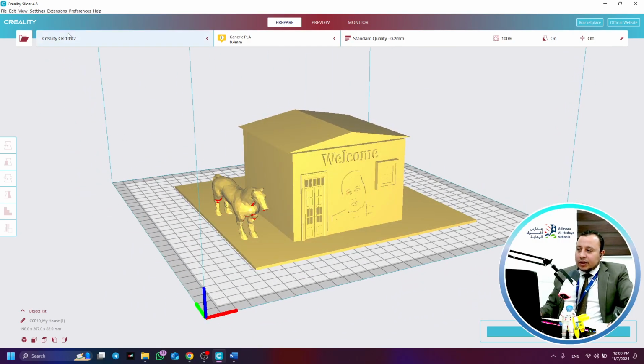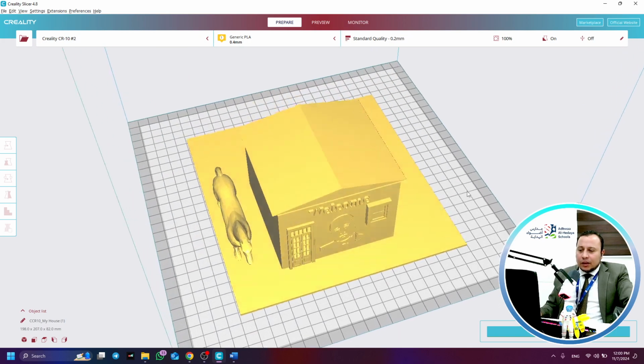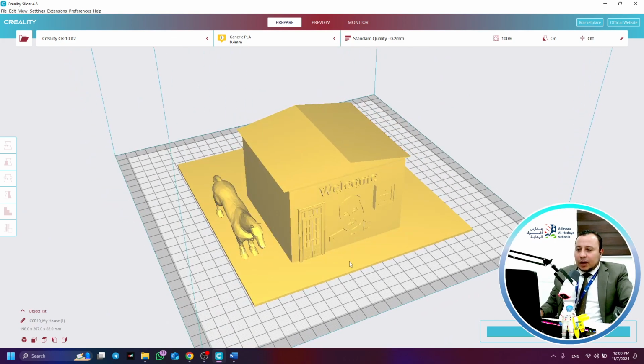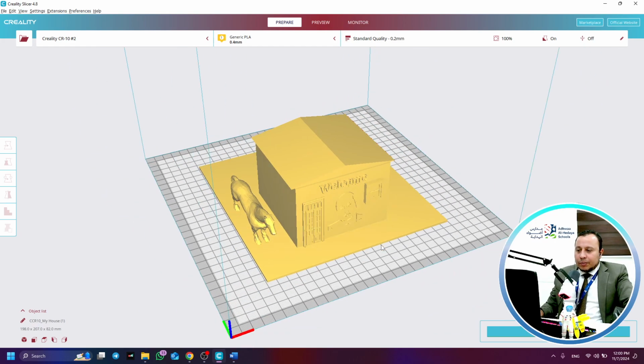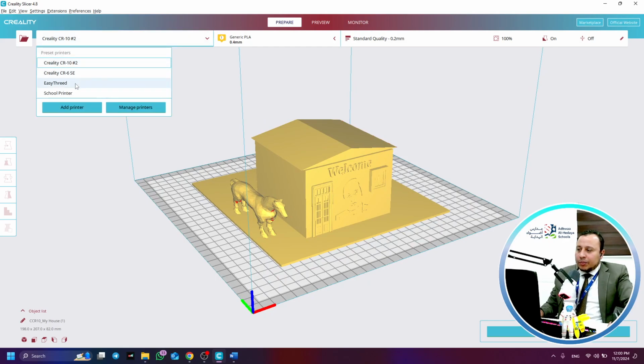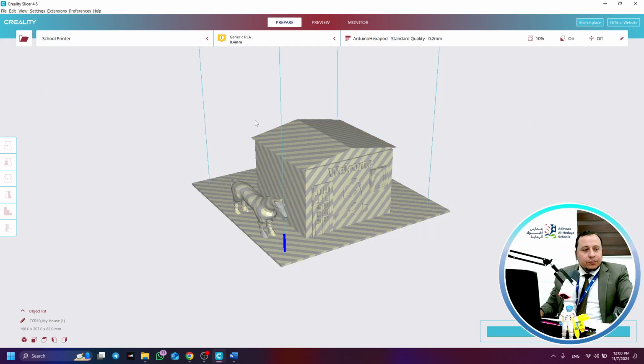So here, guys, the printer I'm using is called the Creality CR10. This is the large size printer that has a large printing bed, large printing area or surface. If I change to our school printer, that is called the Penmaker,